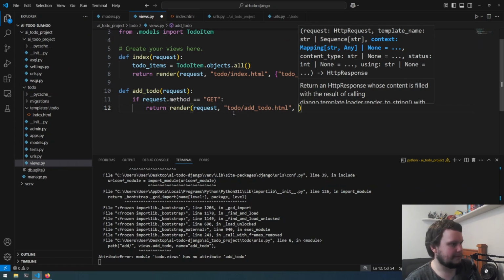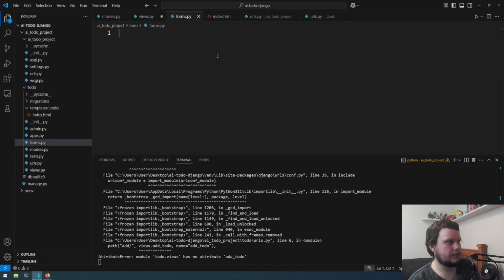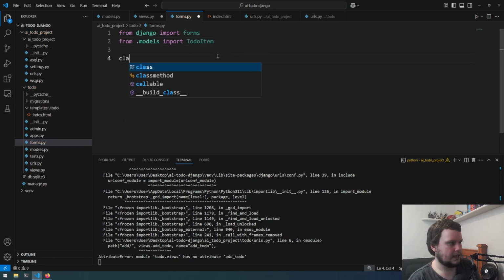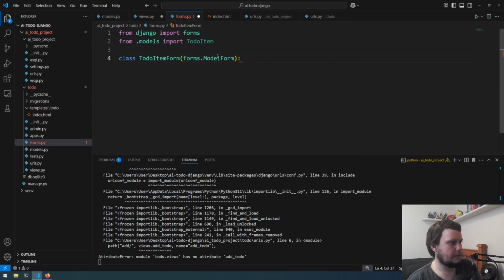So what we'll do first before we complete this, within our to do, new file, forms.py. So from here we need to do from django import forms, then from .models import ToDoItem, and we'll create a class ToDoItemForm. This will be forms.ModelForm, and then inside of here we're creating another class which is Meta, which provides information about what this form should look like. So within here we're going to do model is equal to ToDoItem, so it lets it know for this form the model that we're using is the ToDoItem model, and next we'll do fields is equal to